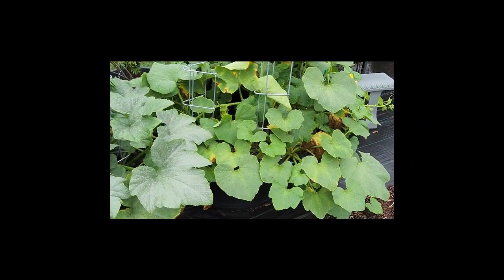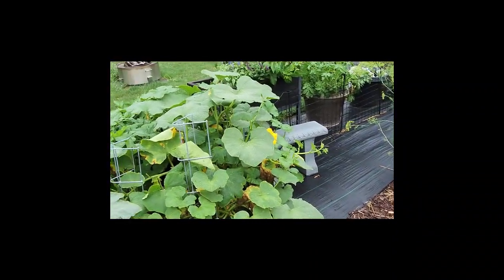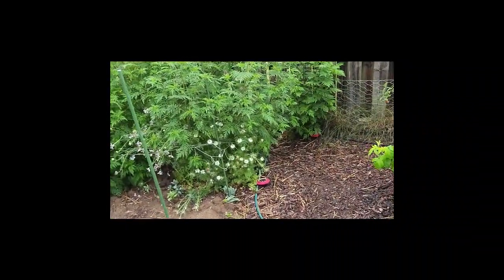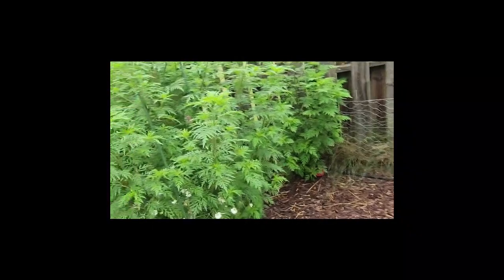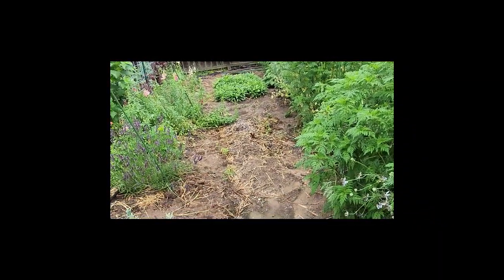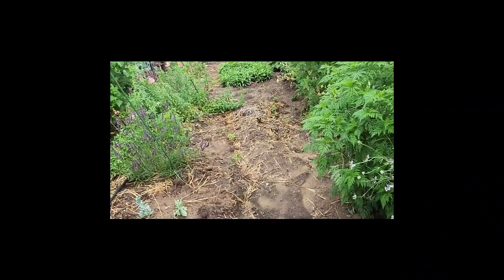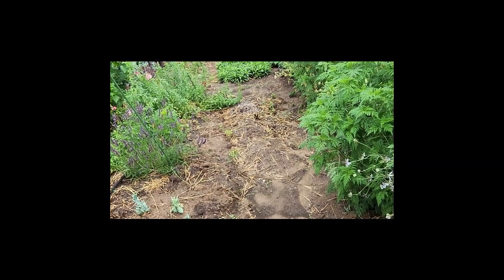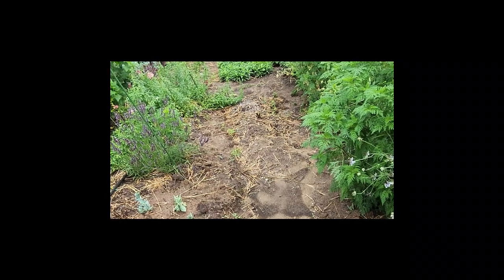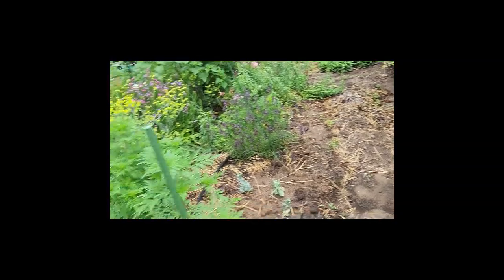So this one is winter squash. There may be some babies in there, but nothing really going on there. Let's go over here. Now my flower field is under construction. I decided to revamp it right in the middle of the season. My goal here is to reduce the number of rows that I have so that I can have bigger walkways and make the rows a little bit wider. One, because the flower netting tends to be a certain width,